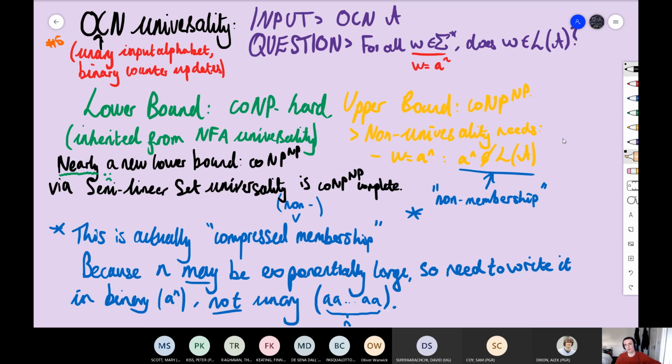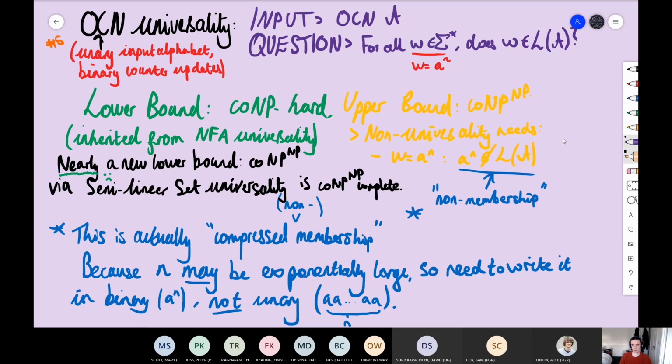This problem is difficult, right? If emptiness was already looking slightly interesting from earlier, then showing membership, rather than showing that the language of the one counter net is empty, showing that a particular word belongs to the language of the one counter net, seems a bit harder. Universality is even harder, because you have to show there aren't any counterexamples, aka there aren't any words that don't belong to our language, so that we have everything in our language. This seems like a pretty tricky problem, and sure enough it is.